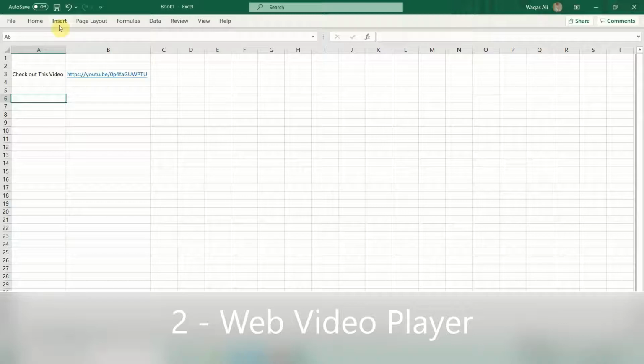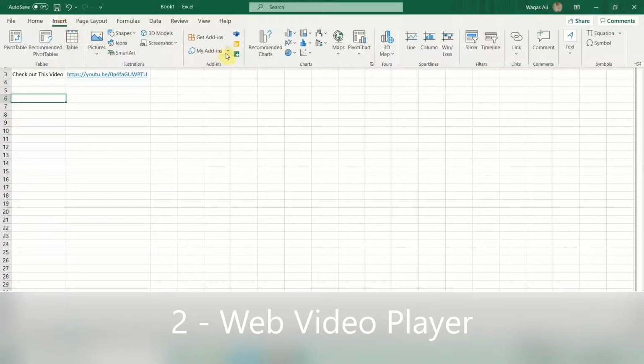So for example, I want to have students. Let's say you're a teacher and you have a couple of topics on your Excel or Word. I believe this is going to work, and this add-in will be available in Word or PowerPoint. I'm not sure, I haven't checked, but you can check it out and let me know if this add-in will be available in Word or PowerPoint. But in any case, if you want your students to have a reference video, where a demonstration is being done of what exactly you're trying to teach to the students,